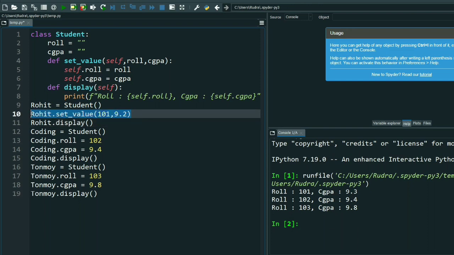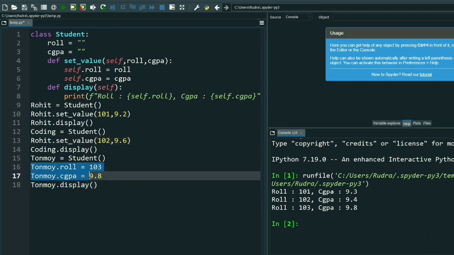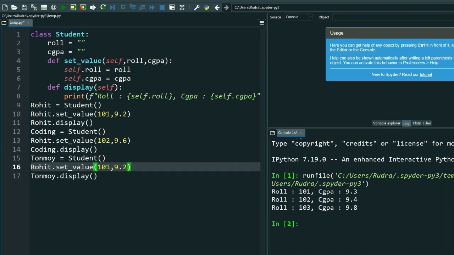Same for everyone. I don't need these 2 lines. Let me do this 102 and let me do this 9.6. Again, I don't need these 2 lines. Let me give this as 103 and let me give this as 9.1.